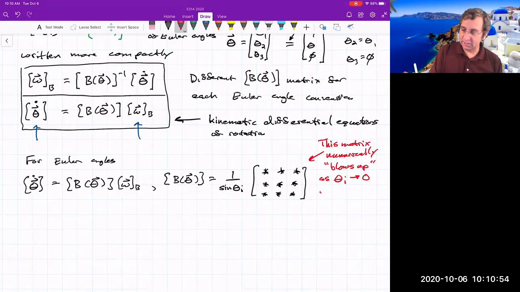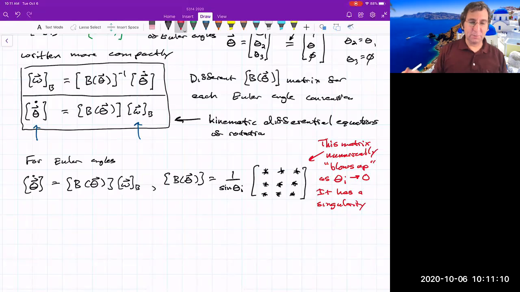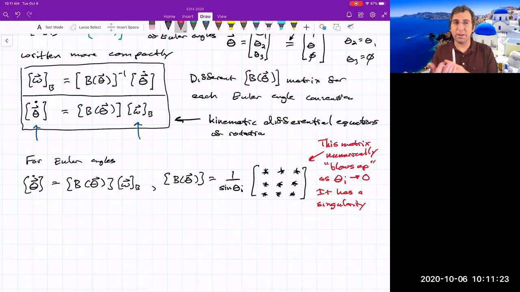So we say that it has a singularity. A singularity, a mathematical singularity, is like 1 over x as x goes to 0. Well, 1 over x just goes to infinity. And you can't really define 1 over x at x equals 0. So you can't define this thing at that angle equals 0, which means the Euler angles work almost everywhere except at a few angles. But if your orientation goes through that angle,